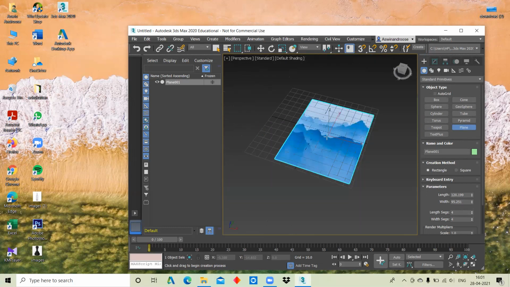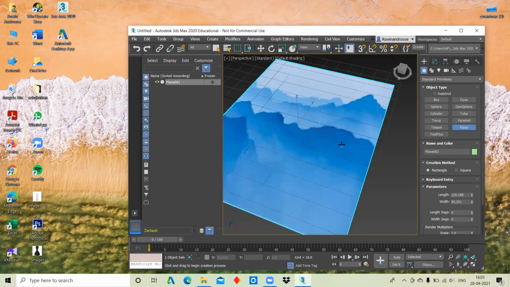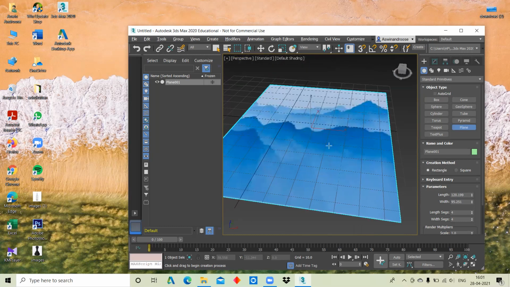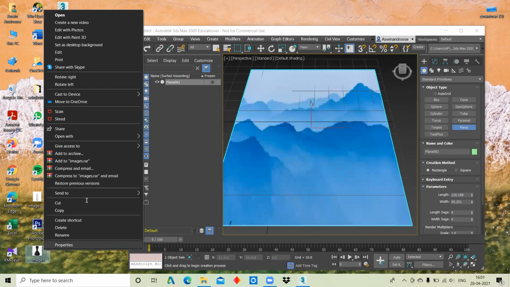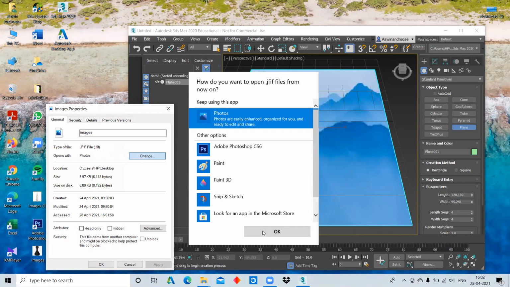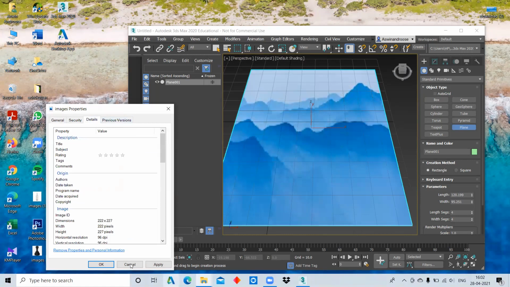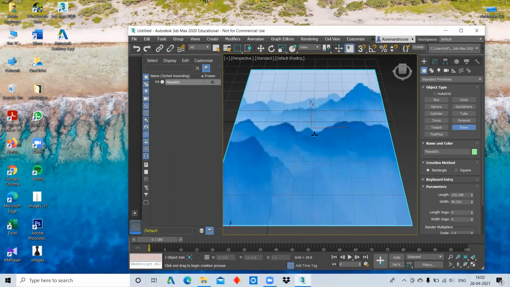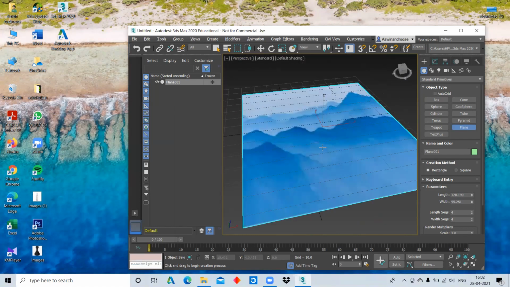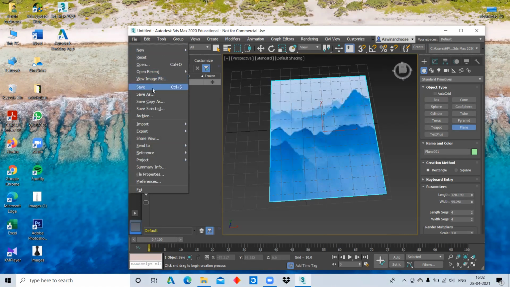So only JPEG format is supported? No, it supports JPEG, PSD, TGA, PNG, lots of formats. This format, JFIF, is for file sharing. Usually if you send a file from WhatsApp, it converts into this format. So open the image in an image viewer and save it as JPEG, or open it in Photoshop and change the format. Then you'll be able to use it.